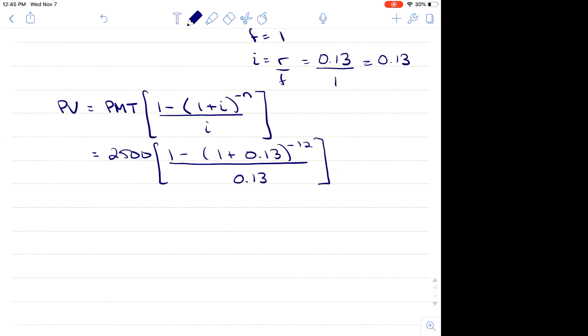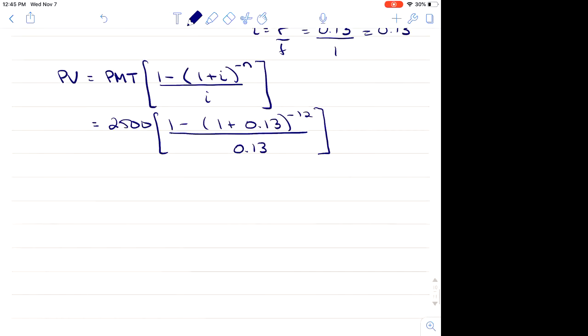I'm going to do everything in the big brackets in one foul swoop. 1.13 to the power of negative 12, I get 0.23. 1 minus that guy divided by 0.13 equals,